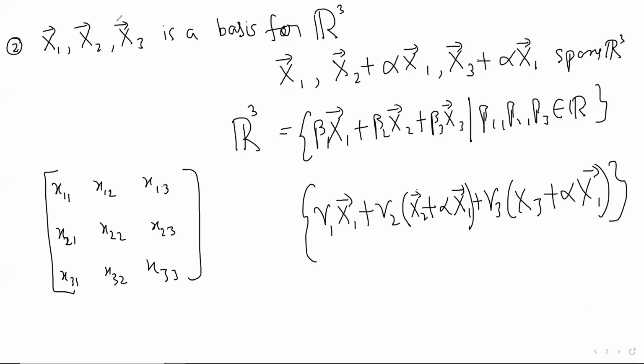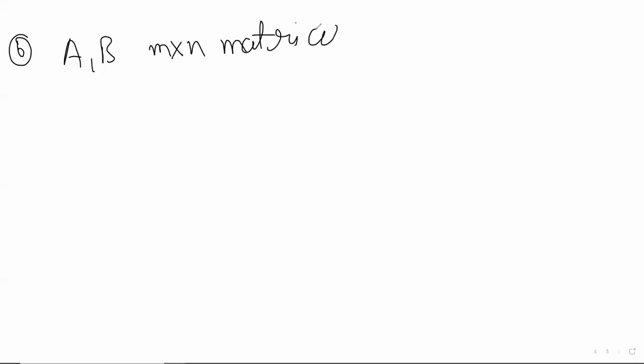Same question, part B. Part B was: suppose A and B are two M cross N matrices, over a field F or R or C. We have to show that if rank of A plus B equals rank A plus rank B,